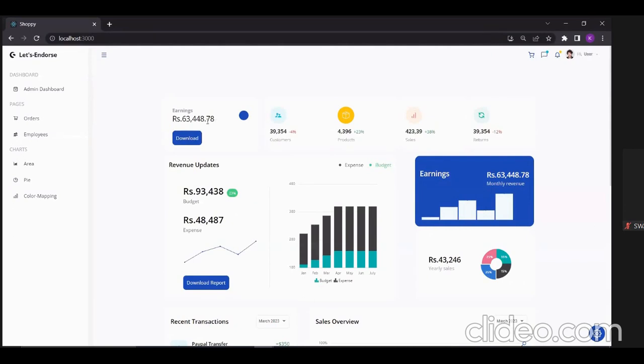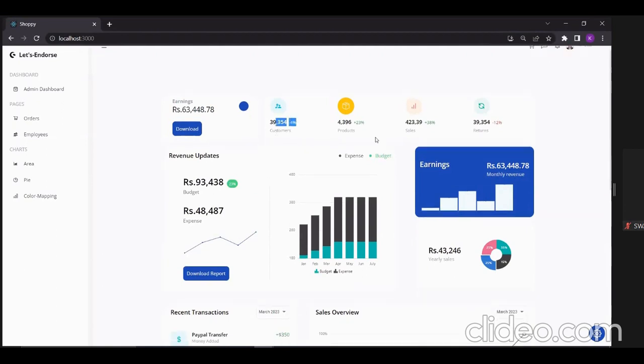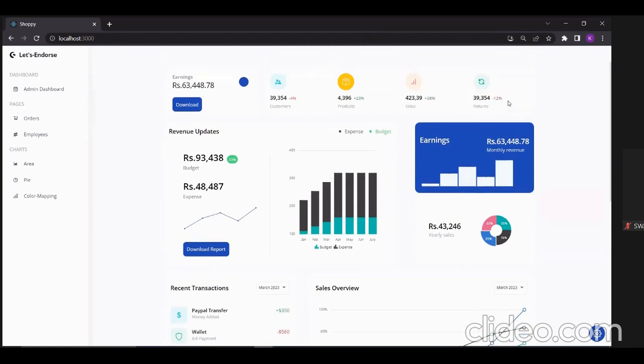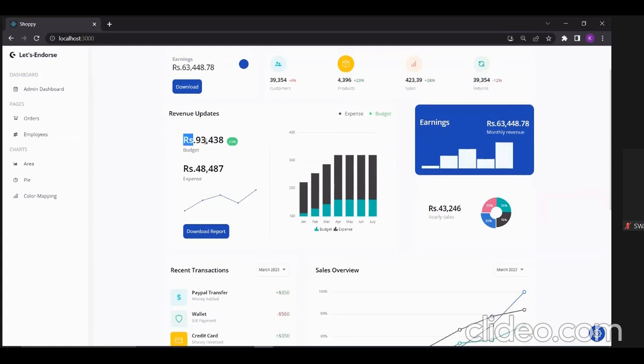They keep track of the earnings made this month, how many customers they reached this month, what the products are, and how their sales are growing. What are the returns? Returns in this sense basically implies that even if the goods do not match the standard quality, what are the chances that they are returned back to the farmer? So this